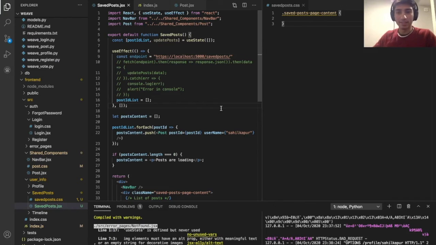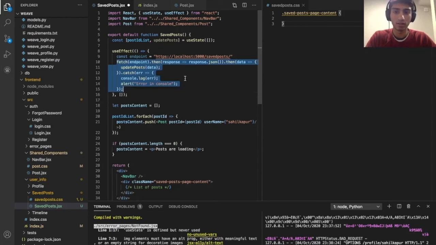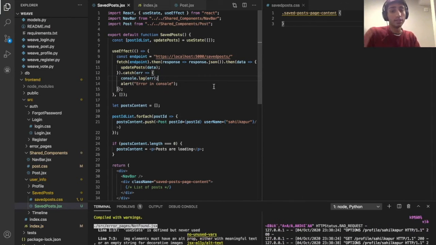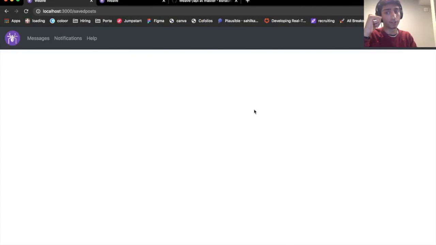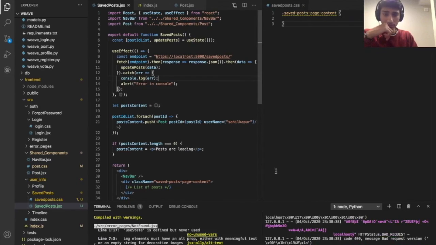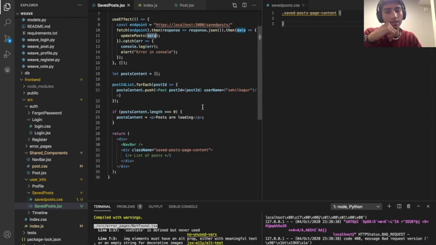As this is, this component should actually function once this is resolved. Again, I don't know exactly what shape data is,